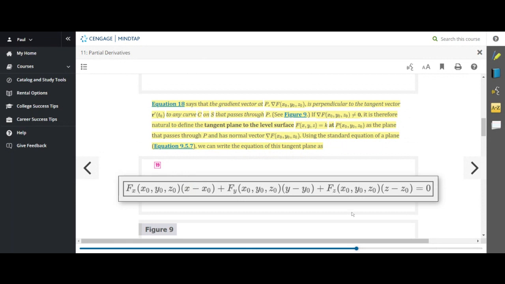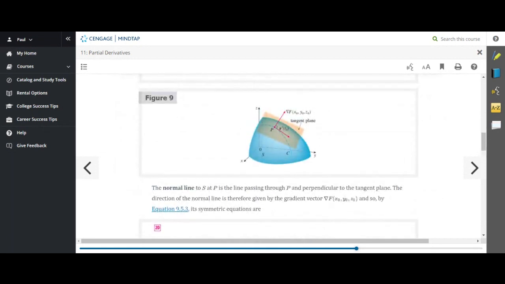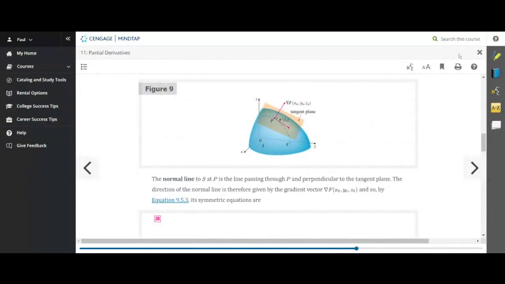So do you see this? Based on the picture here, figure 9, you can see the gradient vector. It's perpendicular to that derivative vector. So essentially,